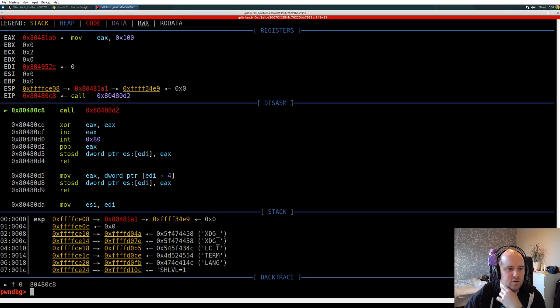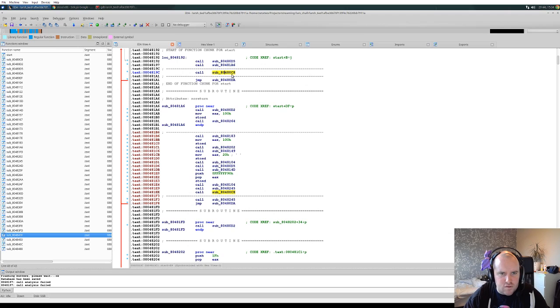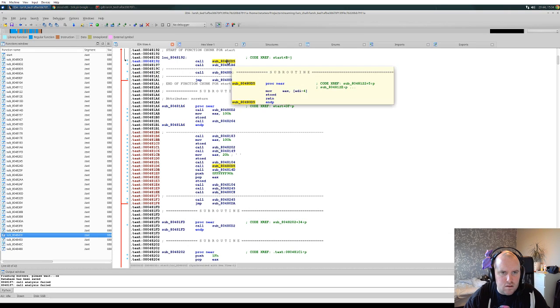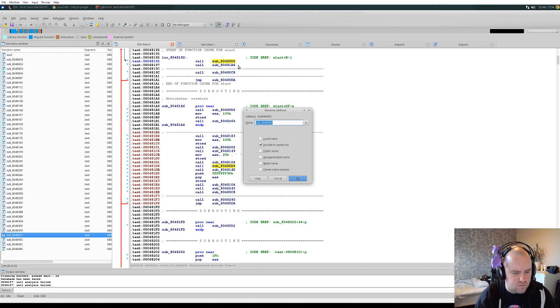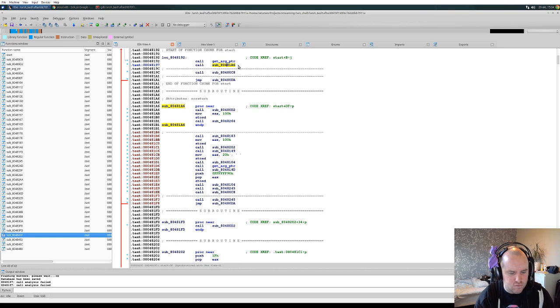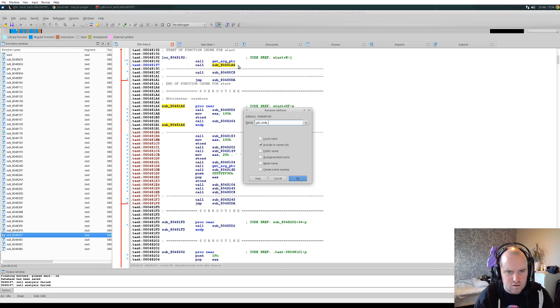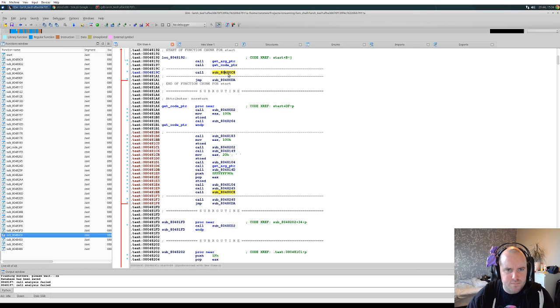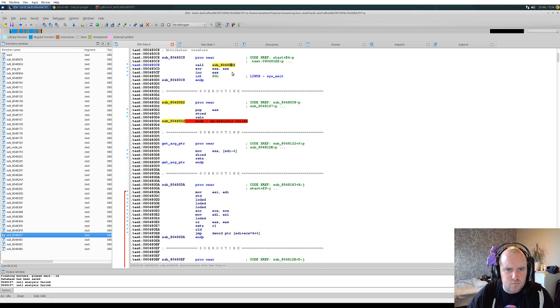Already wondering where this is going. Okay, so let's just call this one get argument pointer, and this is get code pointer, and then we call this